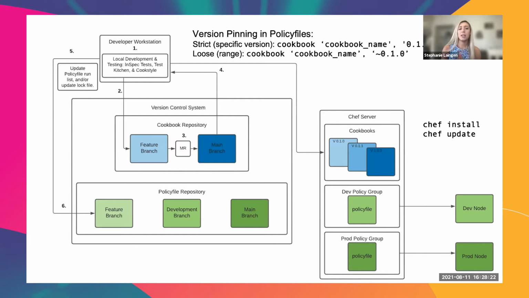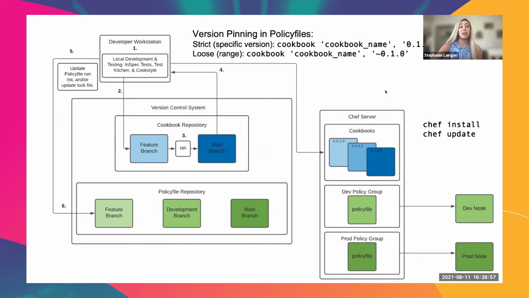I'm going to take a little pause from all the steps we're going through and take a second to explain a little bit about version pinning and policy files and how this can really help us out here. In a policy file, you define all of the cookbooks that you want to be run, and you also define what version of that cookbook and where to find it. In this example, we've set our Chef server as the location to look for our cookbooks, and we are just going to specify what version we want.